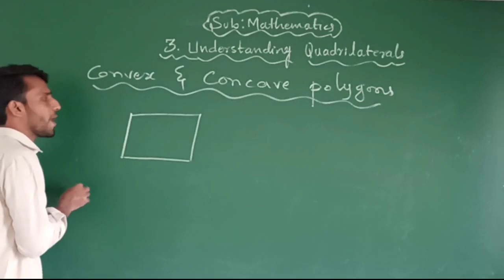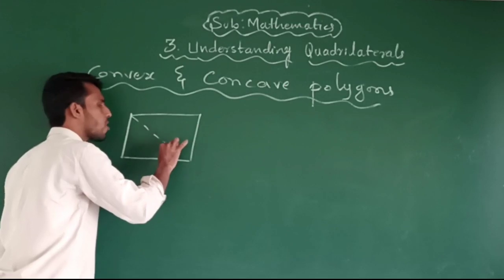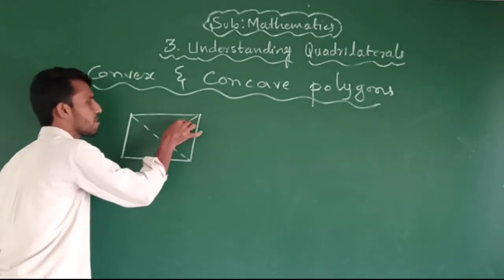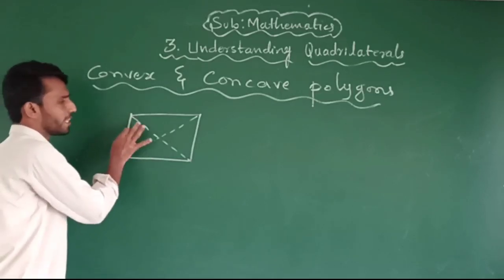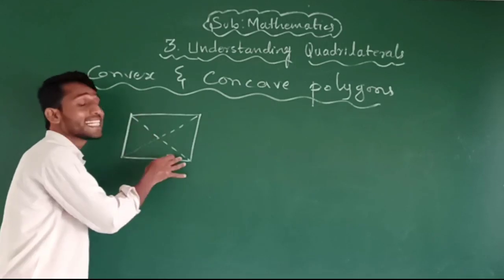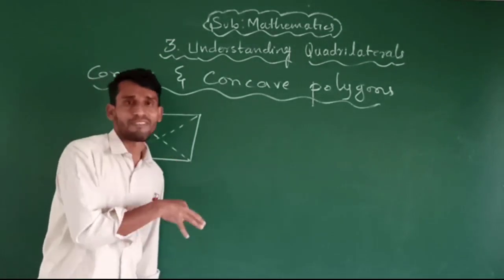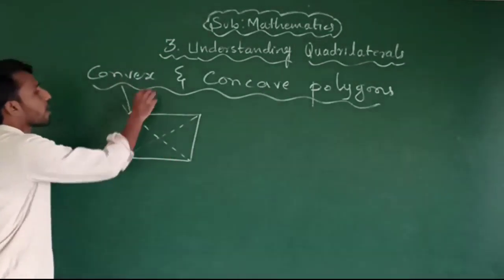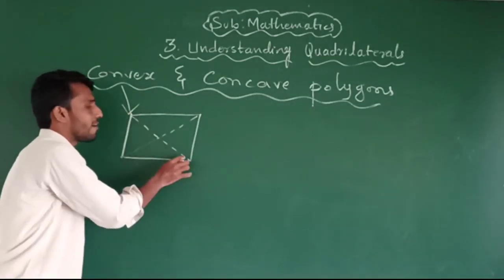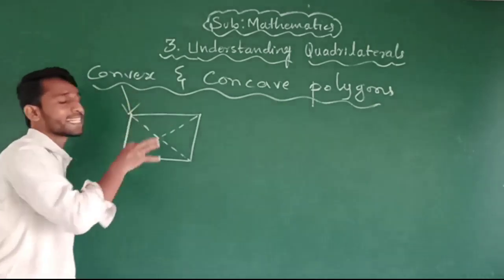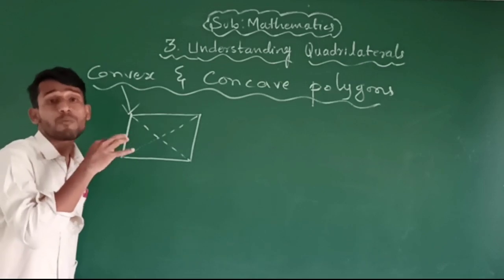This is the figure. When you draw the diagonals, you will get diagonals here. Diagonals mean lines which connect non-consecutive vertices; those we will call diagonals. Which polygons have diagonals inside the figure, those polygons we will call convex polygons. Here, the diagonals are inside the figure. These figures we will call closed. These figures we will call the convex polygons.